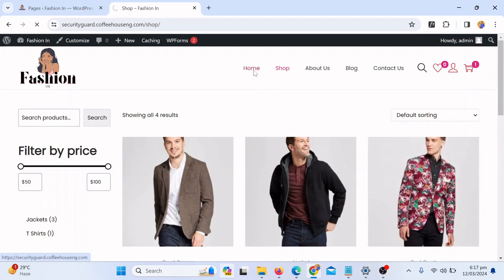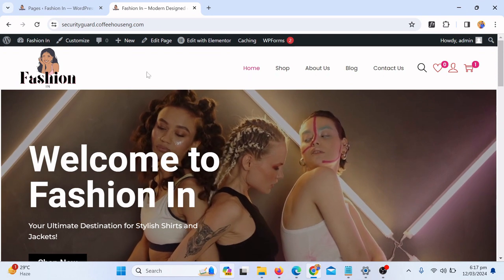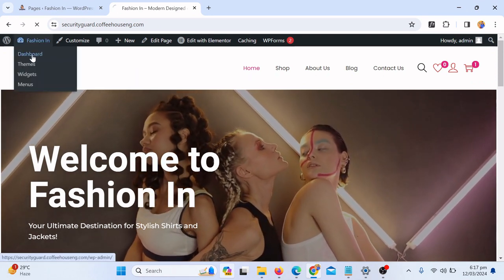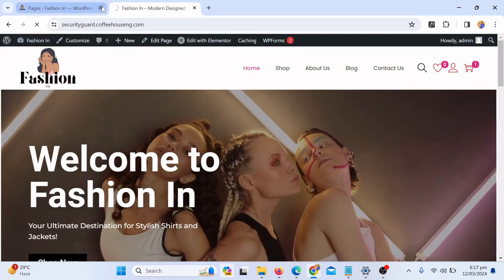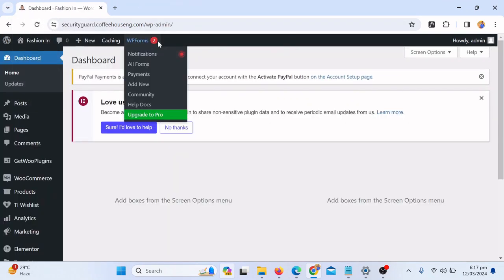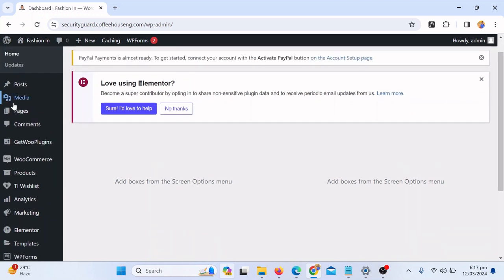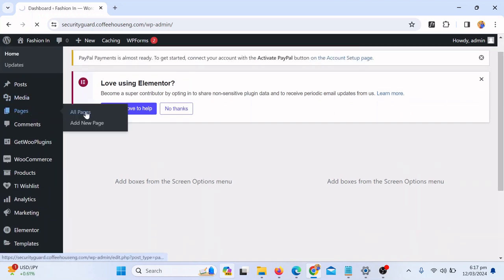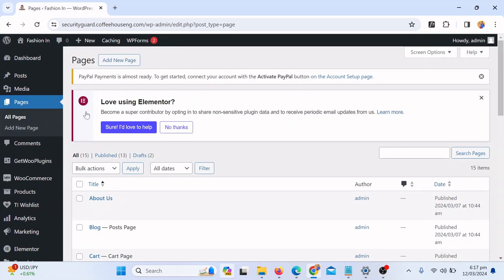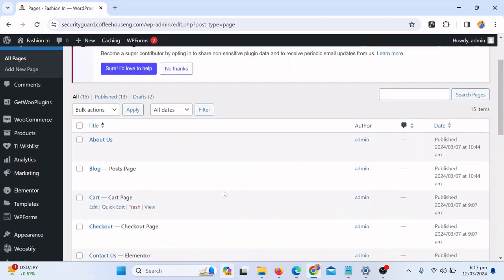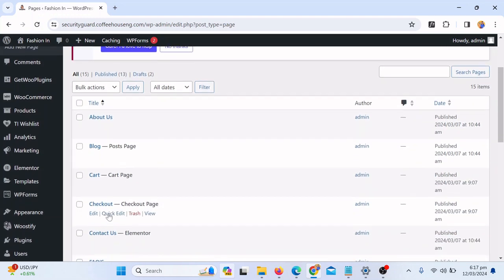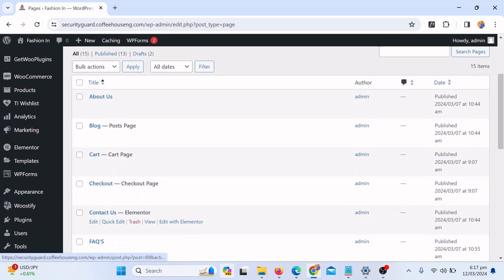So if I go again to the home page, because I want to show you how you can use Elementor, I go back to the dashboard, because we have learned how to install Elementor. We have already installed Elementor, and now if I go to all the pages, because the website is already designed with Elementor, I'm going to show you how you can edit. If I scroll down here, you can see there are so many pages: the blog, the cart, the checkout. But here you will see the contact us, and